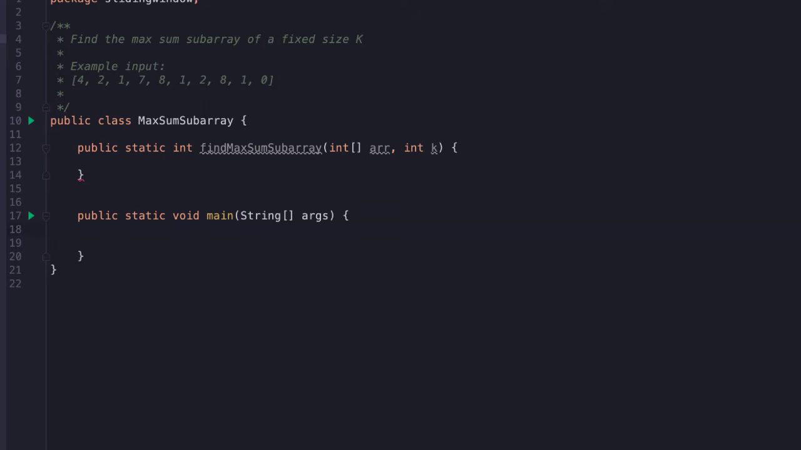So we'll say, all right, let's just print out the call find max sum subarray. The integer array will be a new integer array, and we'll give it the values that we see above that we used before. So we have 4, 2, 1, 7, 8, 1, 2, 8, 1, 0, and the value of k was 3. So that was the length of the window. So this should tell us basically the max value that we have found so far,